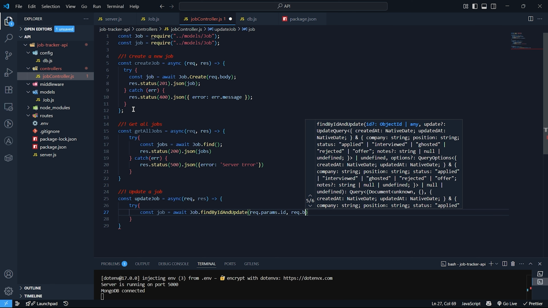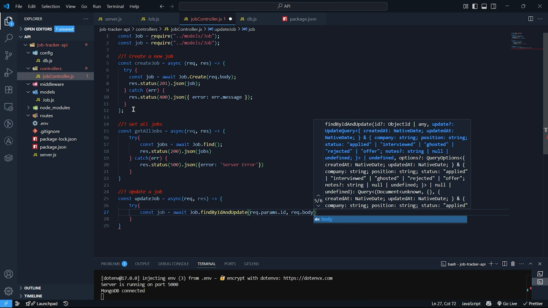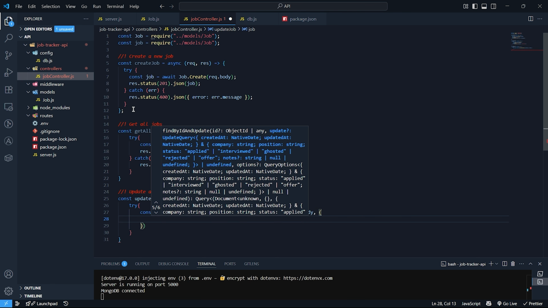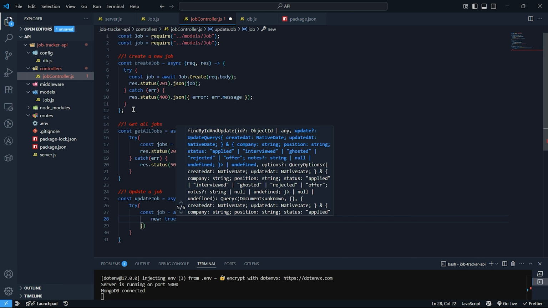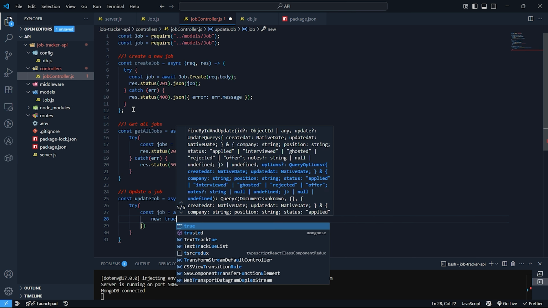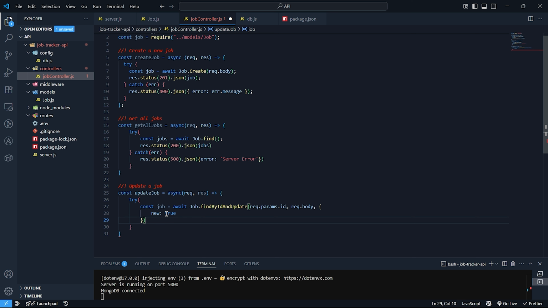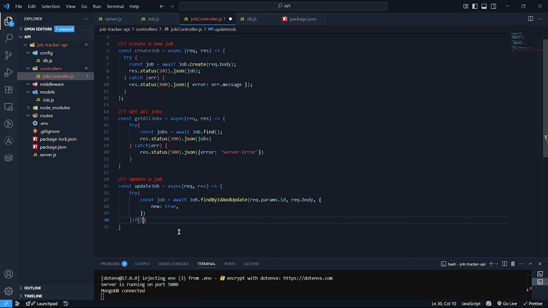then request dot body, and new will be true. Find id, update fields, and return new document. Pretty simple. All right, we need a comma over here. Now if there is no job, okay, let's say you added an id, if that is not there, it's not here, it will be here. If there will be no job, then